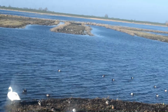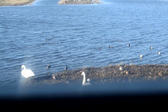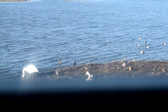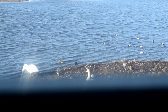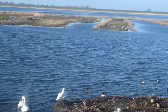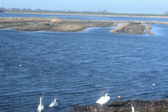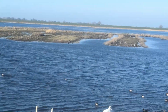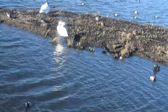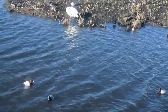All the way down past us, to the left hand side, you can see a smaller line of wires that cut across the washes. Beyond that is our summer walk, which is open later on in the year. Beyond that is the Welney Wash Road, and most of the washes between those two landmarks we own and manage. The Ouse Washes is 22 miles long though, so we don't own and manage all of it. The RSPB and local wildlife trust own and manage the extent of the Ouse Washes beyond the Welney Wash Road,